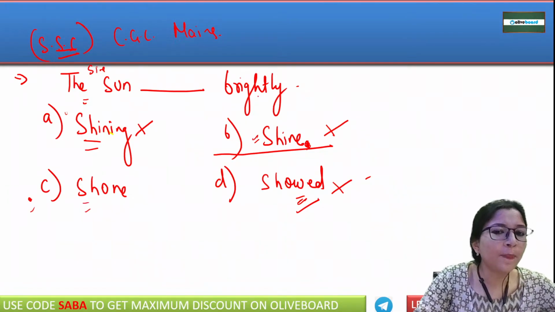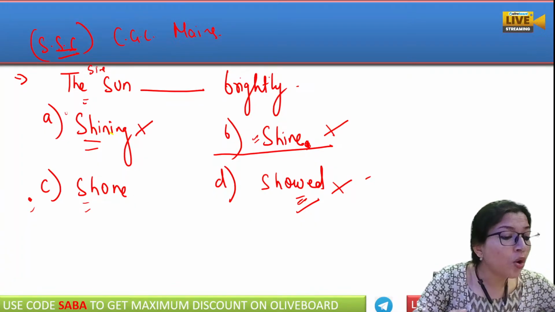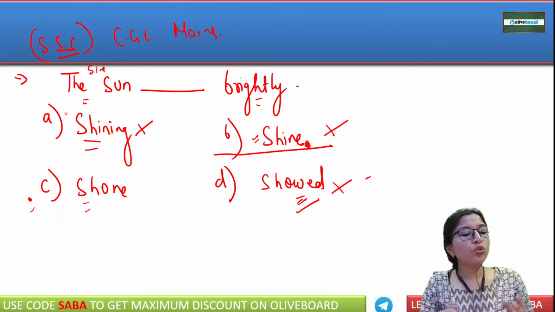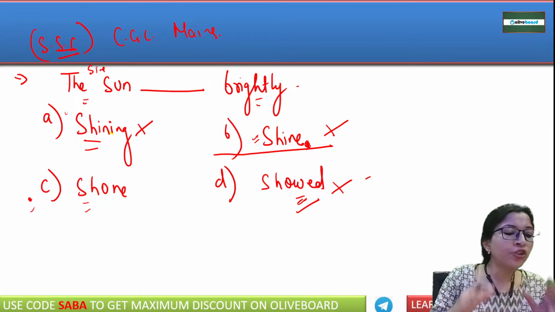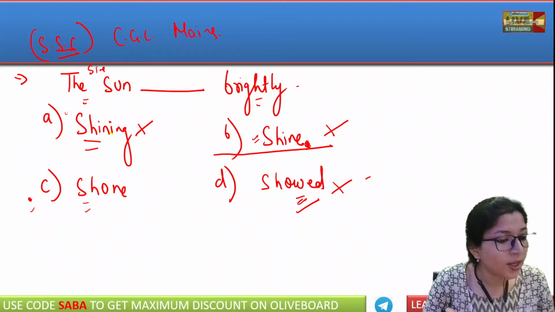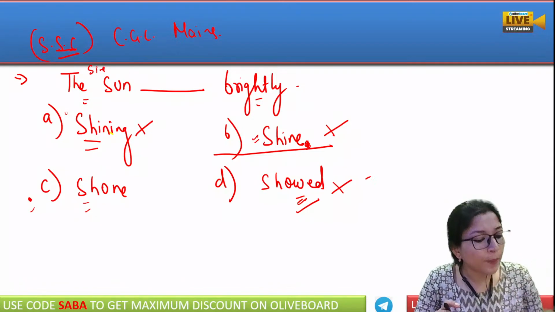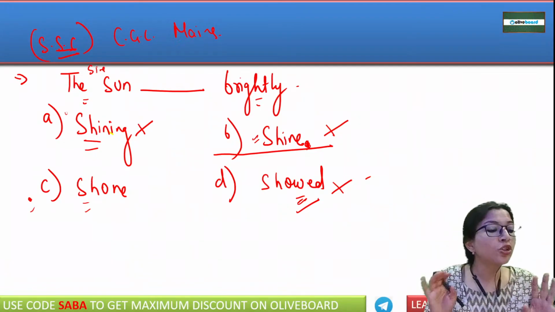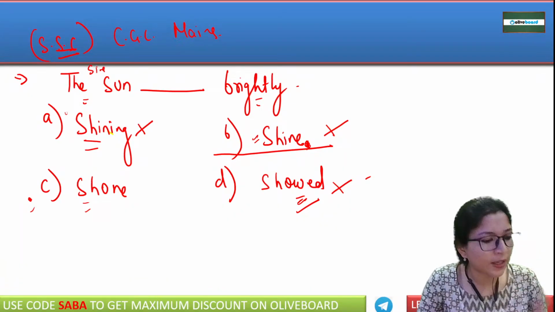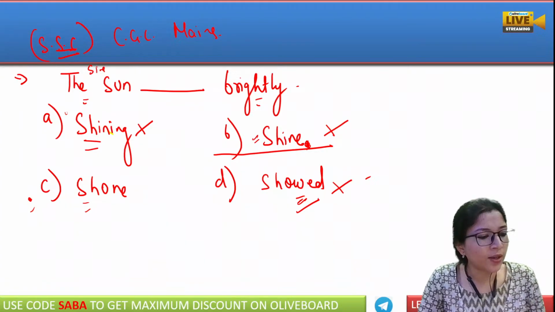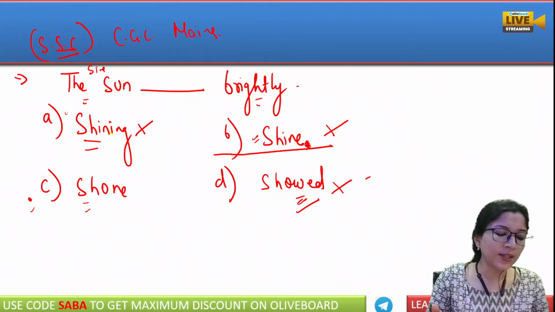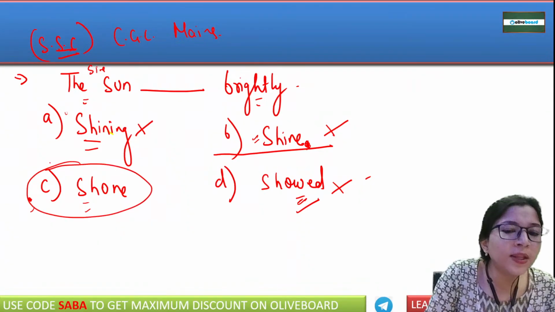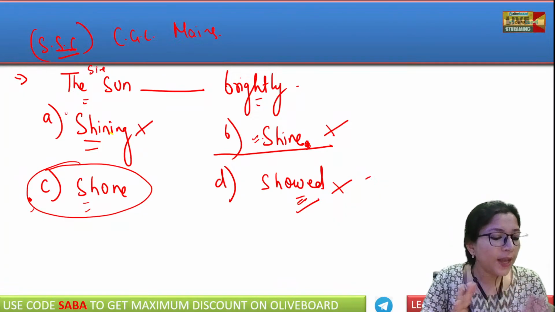नाउ यू विल बी कंफ्यूज कि मैम शोन कैसे होगा, बिकॉज इट इज अ परमानेंट एक्शन। सो गाइस, इट इज नॉट परमानेंट एक्शन। ब्राइटली का मतलब होता है तेज चमकना। एवरी टाइम द सन शाइन्स ब्राइटली, इट इज नॉट परमानेंट एक्शन। द सन शाइन्स, सूरज चमकता है, दैट इज परमानेंट एक्शन, बट एवरी टाइम इट शाइन्स ब्राइटली, दैट इज नॉट परमानेंट एक्शन। सुबह 6 बजे सूरज क्या ब्राइटली शाइन करता? नहीं, वो तो हल्का सा शाइन करता है। सनसेट के टाइम बहुत हल्का सा शाइन करता है। सो दैट इज वाई द करेक्ट ऑप्शन विल बी ओनली सी, दिस इज रॉन्ग।